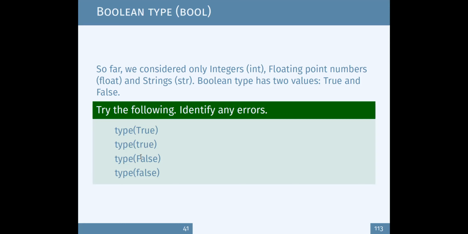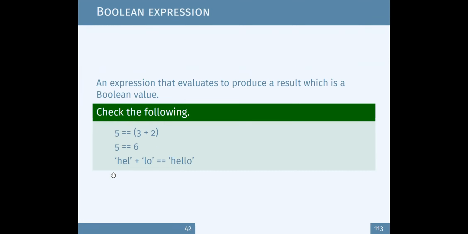Remember, true must have a capital T, and false must have a capital F, which is known as the Boolean type. This is used especially when you have to make a decision, and a decision will usually be true or false.